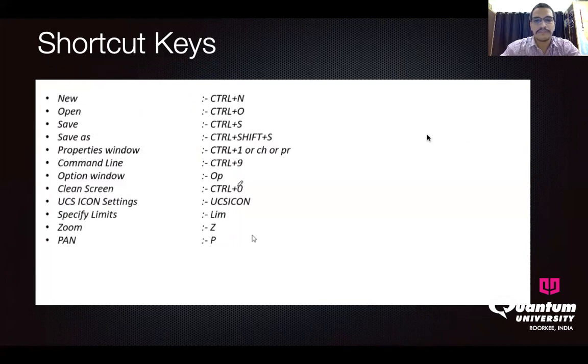So in the last video, I have already told you how to create a new file, how to open a file, how to save a file, and how to save as. So I will just demonstrate these again, so that everything is clear from the demonstration purpose. All right. So firstly,